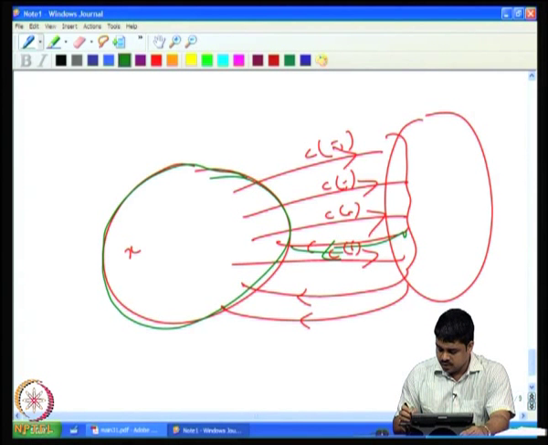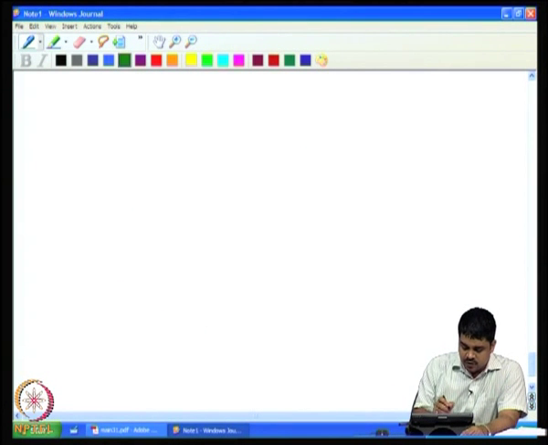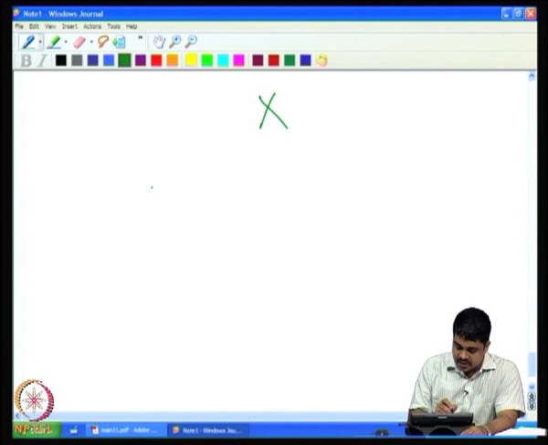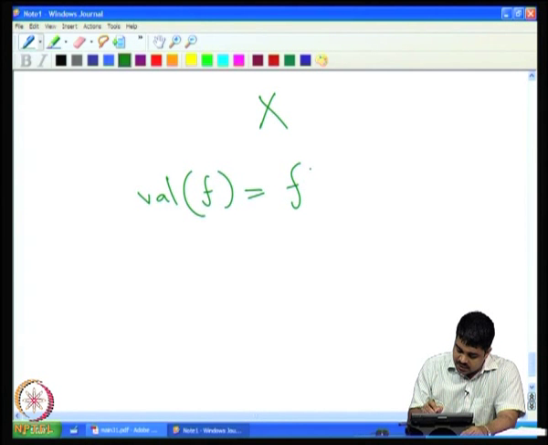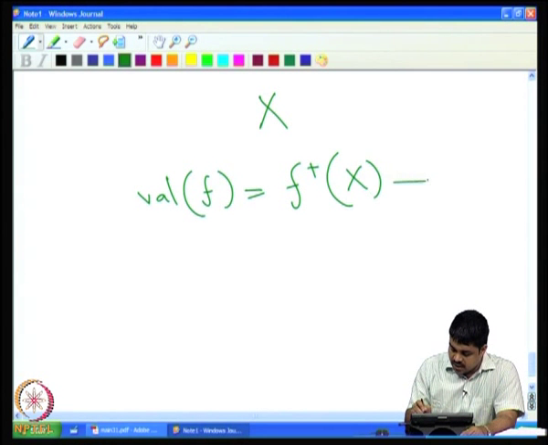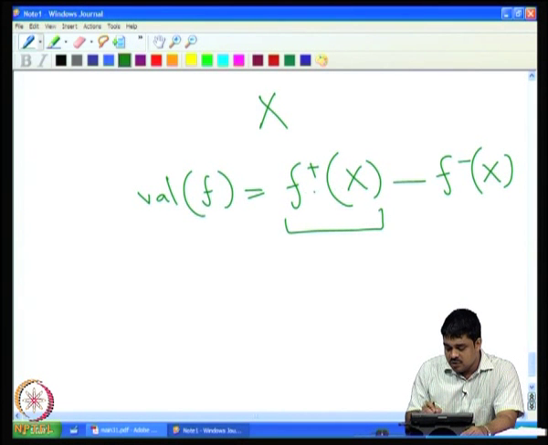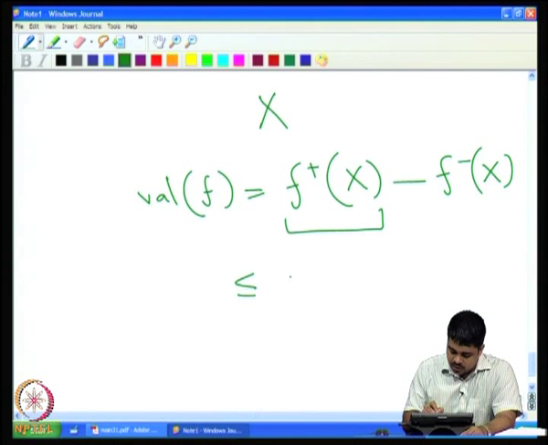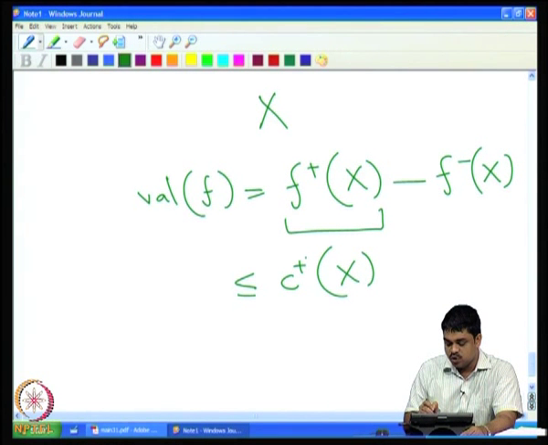Why is it so? It is easy to see, because we have already seen that, given X a cut, the value of the flow is equal to f plus of X minus f minus of X, and what is this? This is essentially the flow values on the outgoing edges from X, and each flow value has to be less than or equal to the capacity of that outgoing edge. Therefore, this is definitely less than or equal to C plus of X, that means the sum of the capacities on those outgoing edges of X, and of course this is minus what,